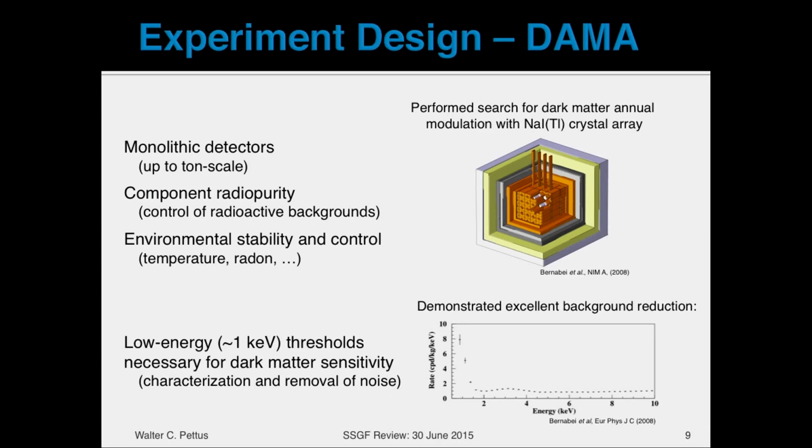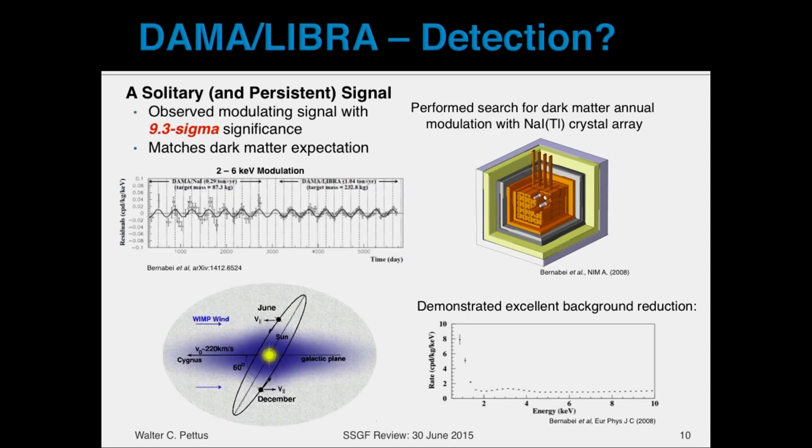You're pushing down your energy threshold to the level of few to sub-keV energies. And you really need that detector threshold to be as low as possible in order to characterize the exponential noises which are sneaking in. Because if you don't understand your detector, then you're not going to understand the signal that you're measuring. So for this particular detector, the relevant figure of merit in their background is counts per day per kilogram per keV units, or DRU, that I'll come back to as our goal point for our